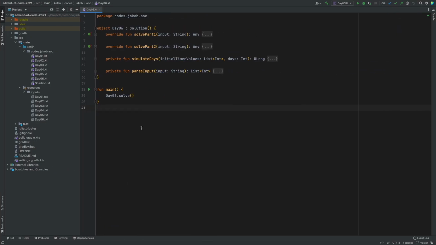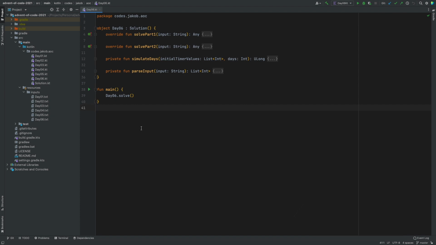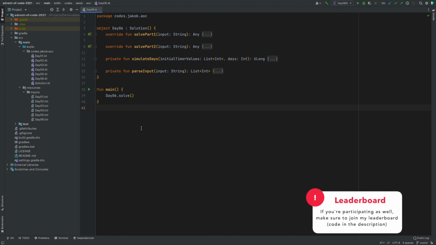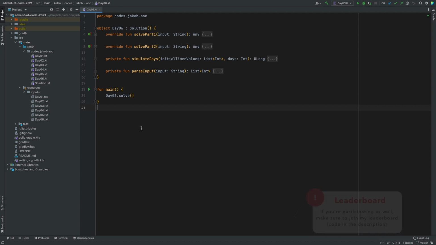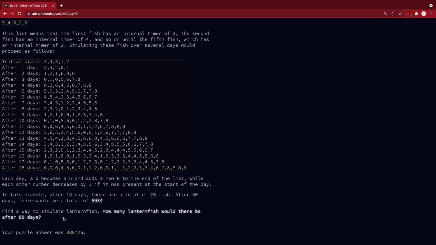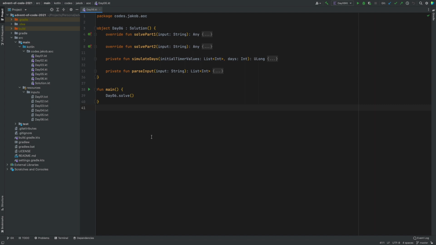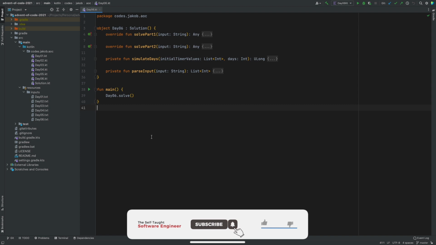So this one has the big difficulty that there's this exponential growth, right? Due to two reasons. The first one is that if you model it a bit naively, let's say, by making every fish an object in memory, you will simply run out of memory at some point. If the input is large enough, input being this value, like how many days do I want to simulate. Since then, at some point, you have so many fish objects in memory that there's simply not enough memory, even if you give it a lot of memory, because it's exponential, right? So at some point,